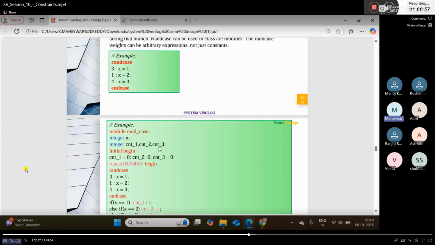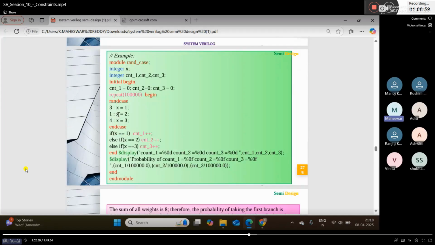See here, if x equal to 1, at that time count 1 will increment. Else if x equal to 2, at that time count 2 will increment. Based on that, it will randomly select any one of the case items and work based on that. So let's take this example and run. We'll get